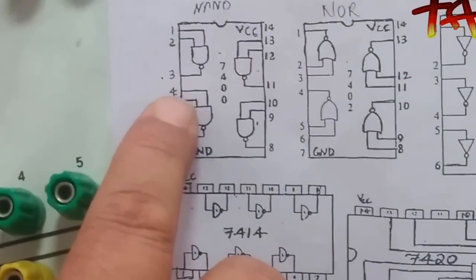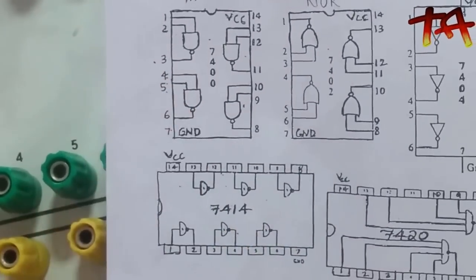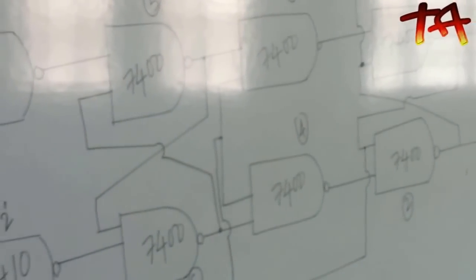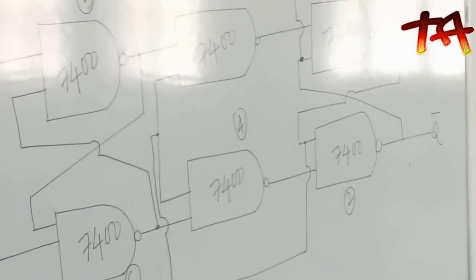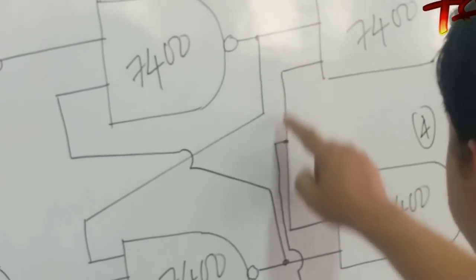Now look at it. Which is the gate number 4 we have chosen? Either 4 or 5, both are inputs to gate number 4. You can see 4 or 5 is vacant. I have connected it to the 4. Now you can see 3 and 4, still 2 inputs are pending. These two have already been connected.